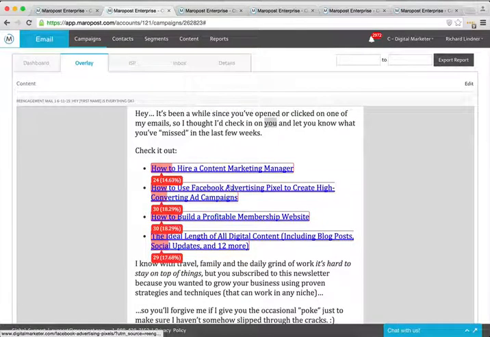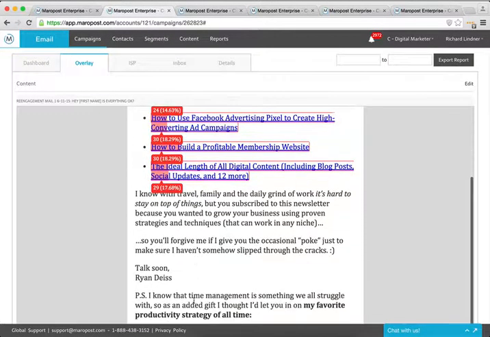Well, you can see here the click-through rates are pretty good, but you can see this one is higher, and this one is higher, and this one is higher. So really, we should probably swap these out and move this one around to the bottom. But for right now, this is what it is.